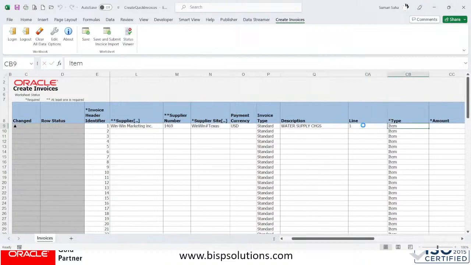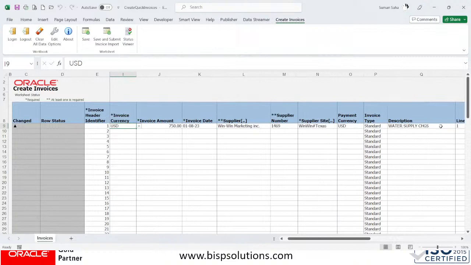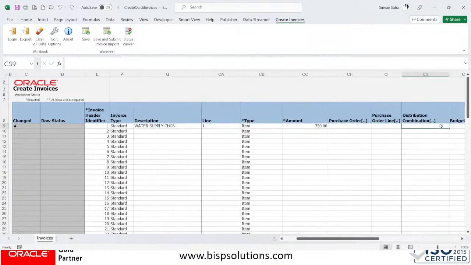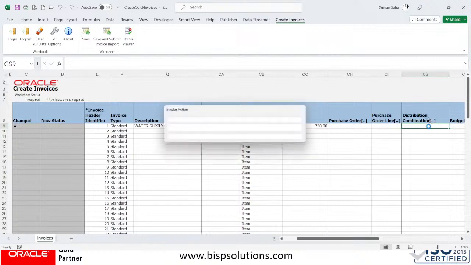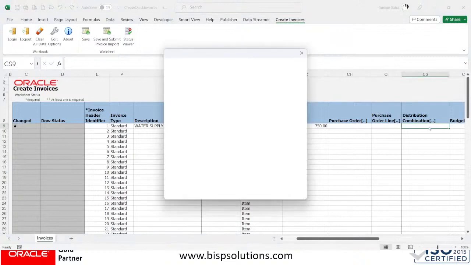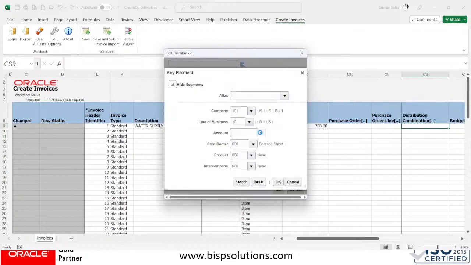The line I will select 1, and the amount, if I select the amount as 750. Right, so 750 is the amount, and out here I will select that distribution combination, right? So distribution combination I have to select, and double click that. So out here I will select the distribution combination. So let us select